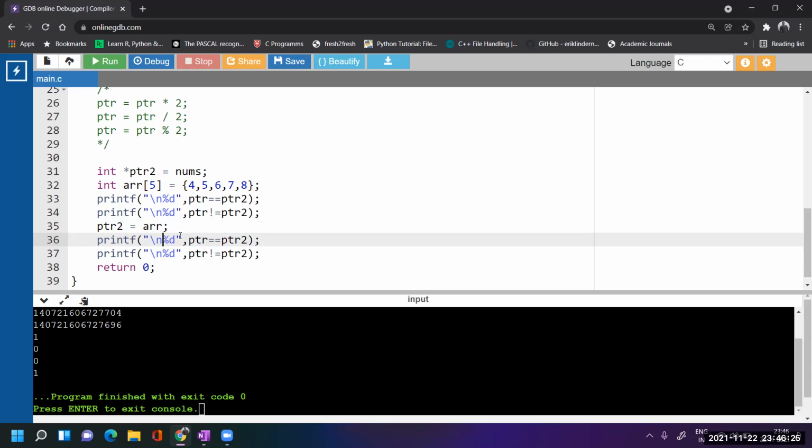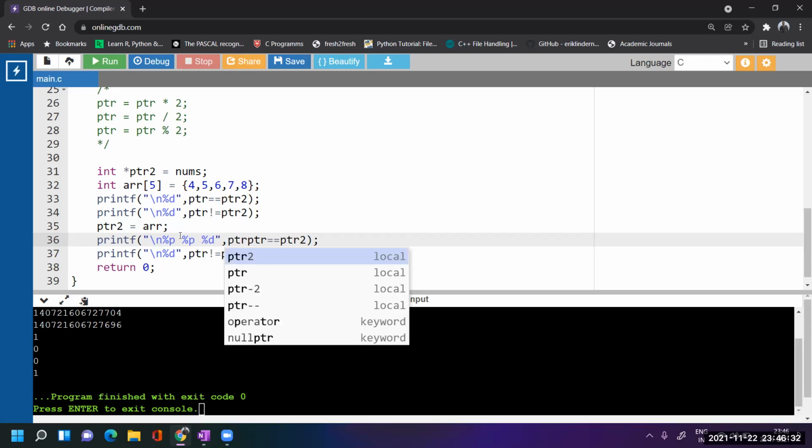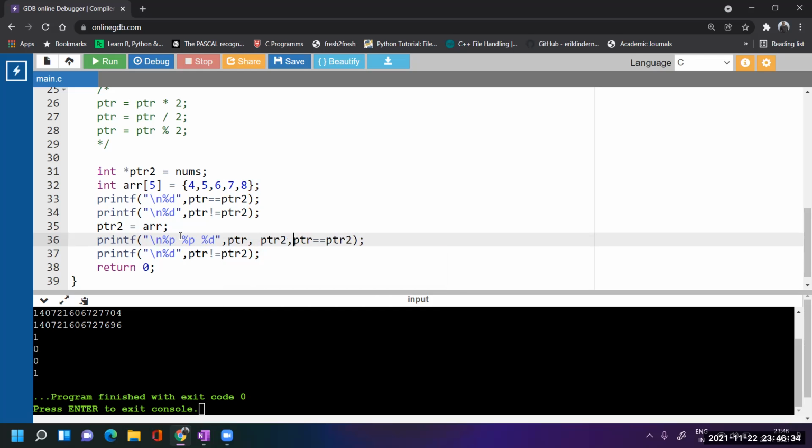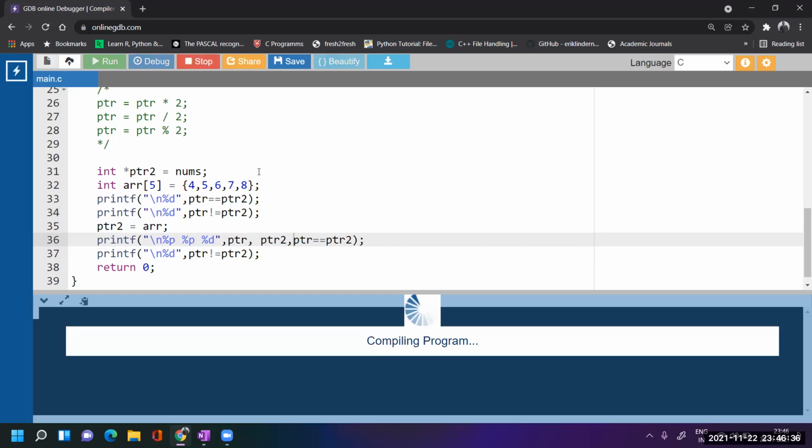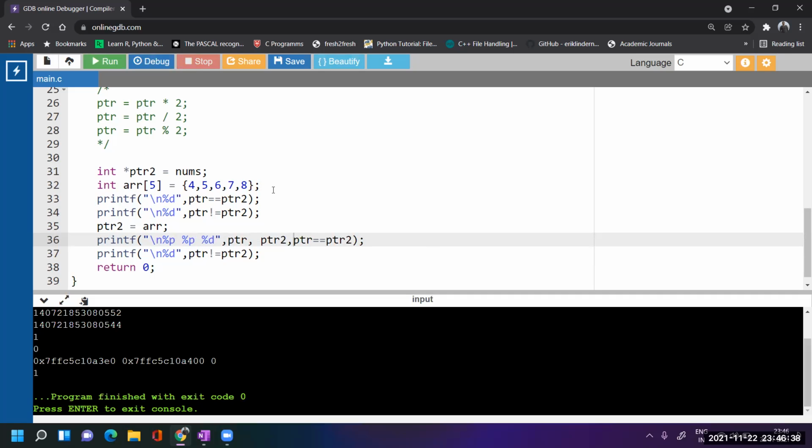See, I'm printing their values with %p so that typecasting is not necessary. ptr and ptr2, run. See, they are holding different addresses. One is pointing to the first array, another is pointing to the second array. So that's why for the equal to relational operation we get 0, and for not equal to, definitely it will be true because their values are not the same.